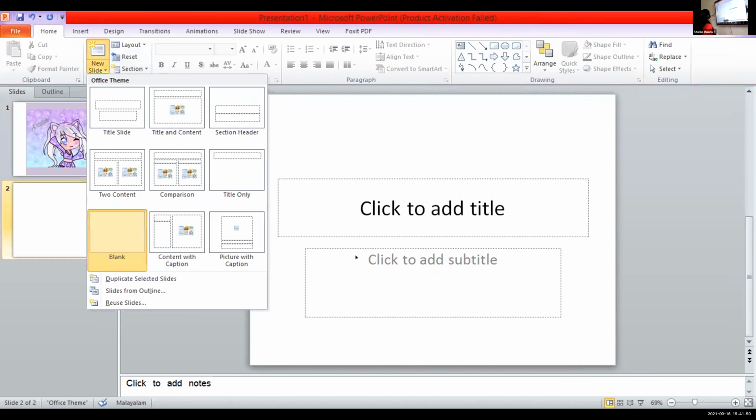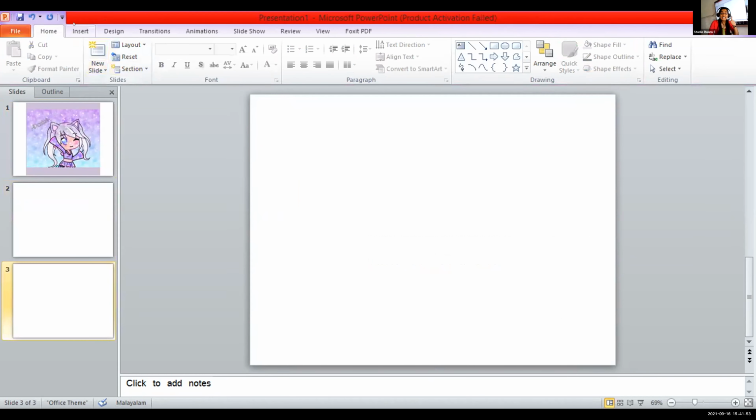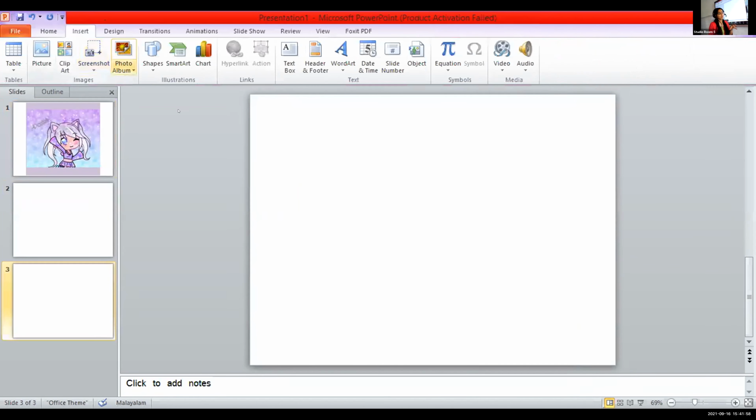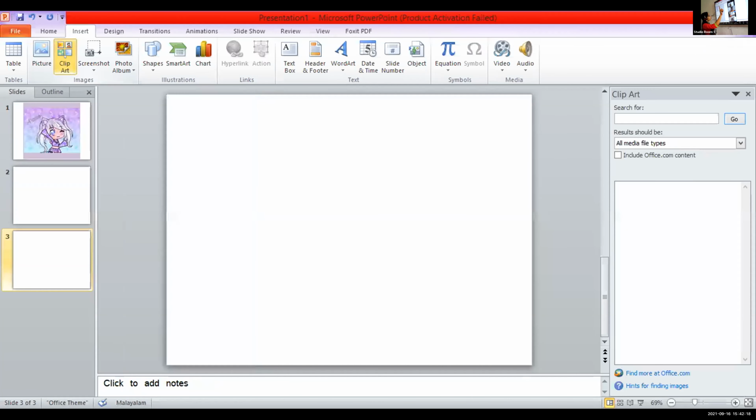Now see how we can insert clip art. Clip arts are predefined, pre-made images in PowerPoint. So now let's see how we can insert clip art. Kirtana, in the Insert tab, you can see the Clip Art option. Press that. On the right-hand side, you can see the Clip Art pane appear. In the search for option, type the word car, C-A-R, and press Go.